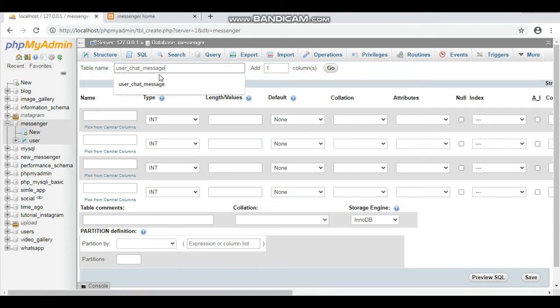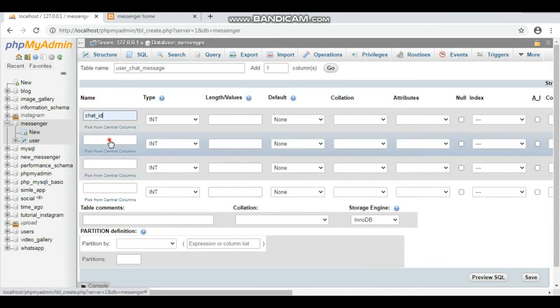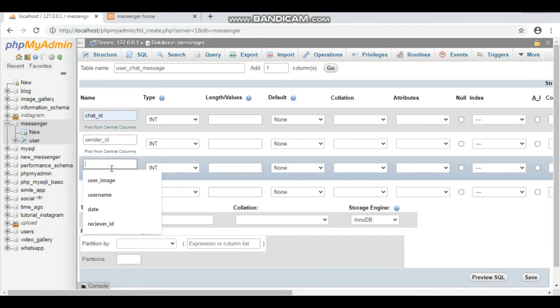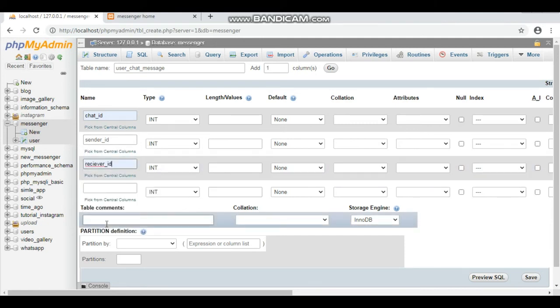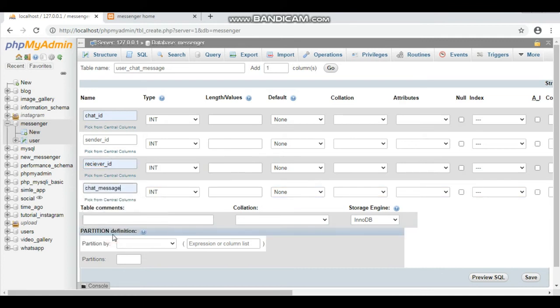Here table name is user chat messages, and then column name, first is chat ID, and then second column below that is sender ID, and then receiver ID, and then chat messages.